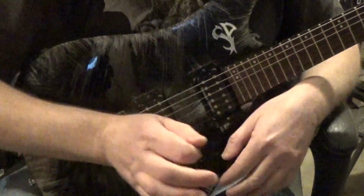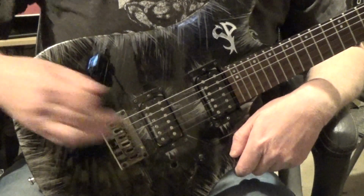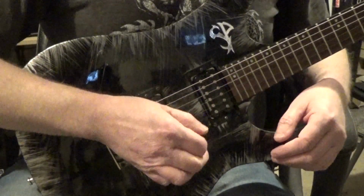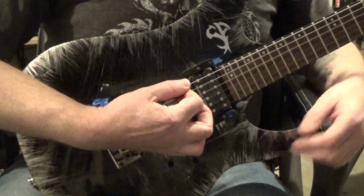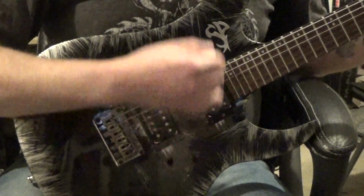And then I take just this part of my arm right here and rest it right on, like on this electric, it's got this little bit of a bevel right there that I can rest it on. If you're playing an acoustic, it's usually like about the crook of your arm will sit on the back bout. Then you want your arm to be straight, so you're just past the first string. And then reach up with your wrist. So when I'm strumming, there's still a little bit of movement in my elbow, but the majority of it is in my wrist, rather than just